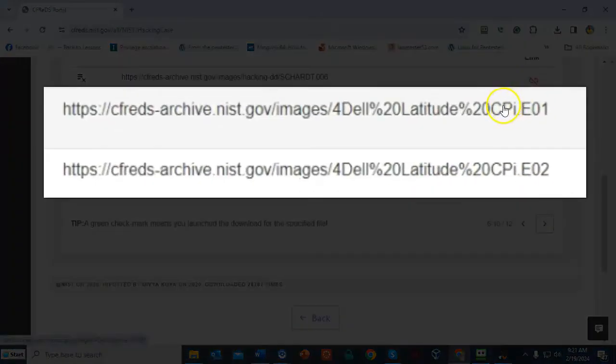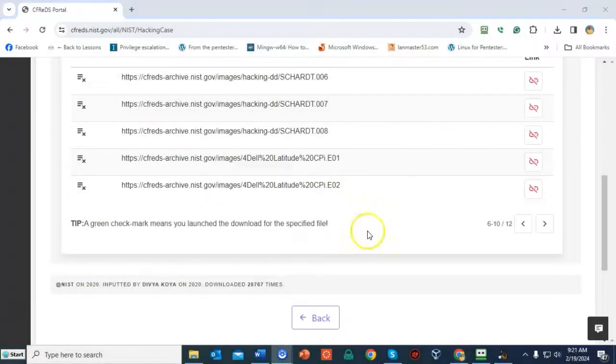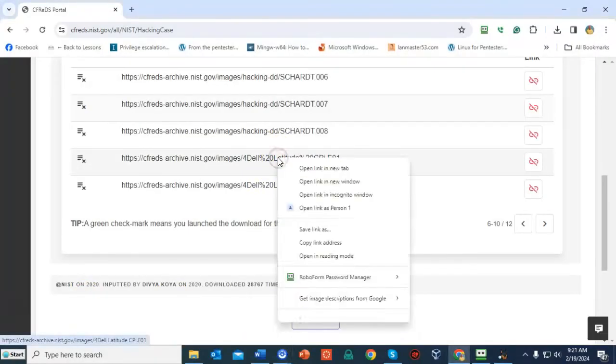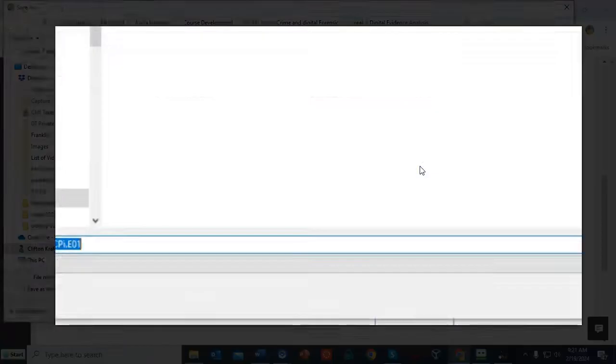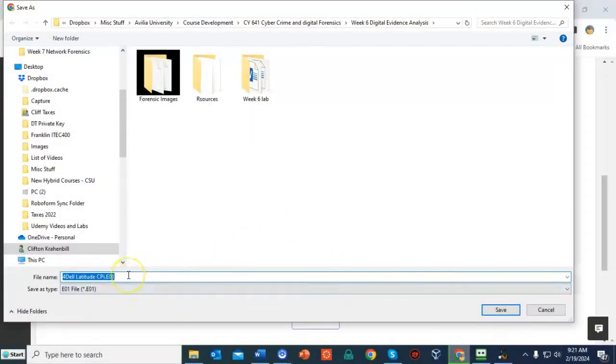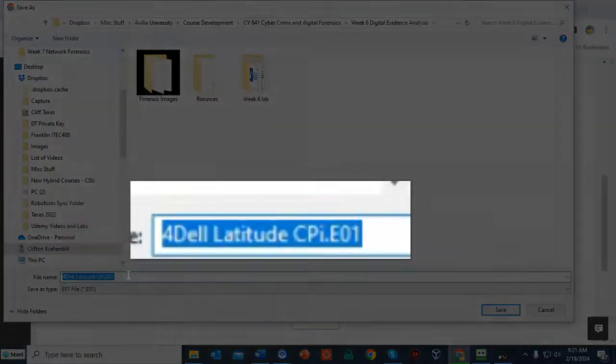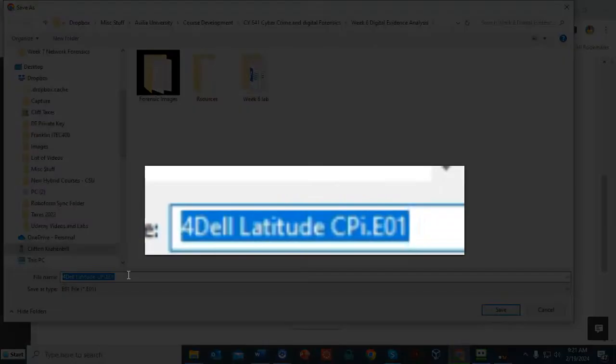They are the Dell Latitude CPI.E01 and the Dell Latitude CPI.E02. To download each of these images, you have to right-click on the image you want to download. From the context menu, you're going to do a Save Link As, and when you get to the download location, you're going to accept the default name that has been given, which is for Dell_Latitude